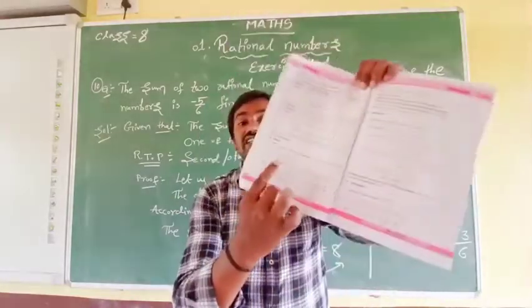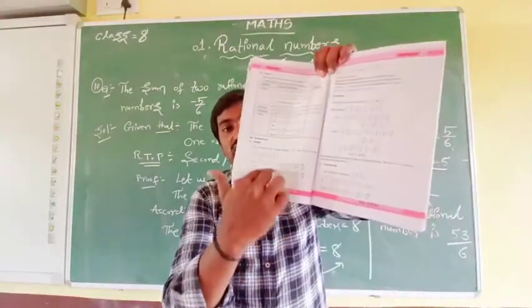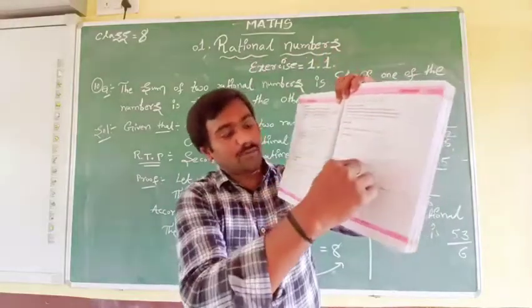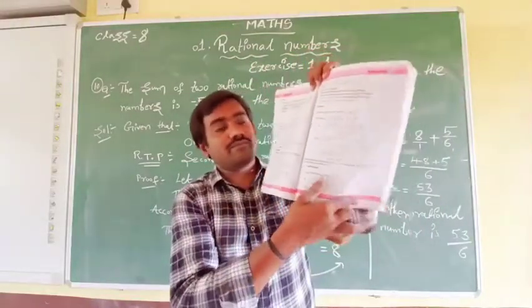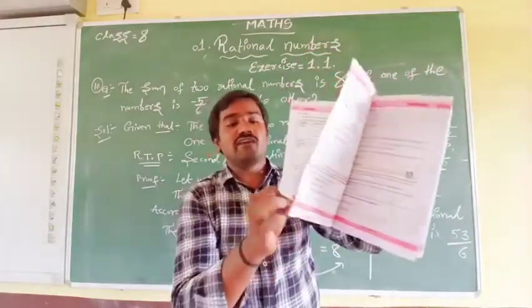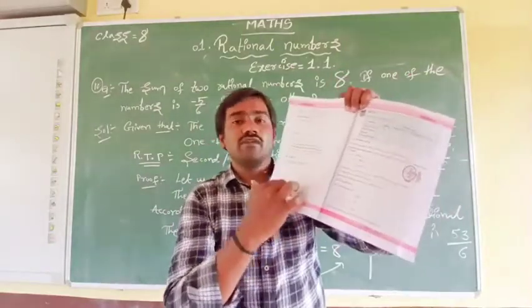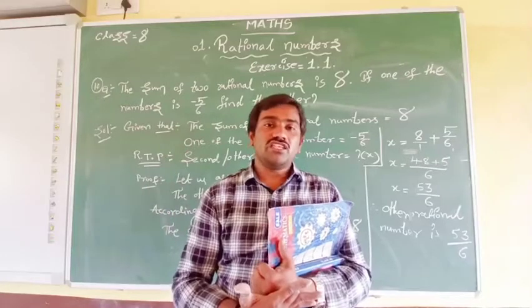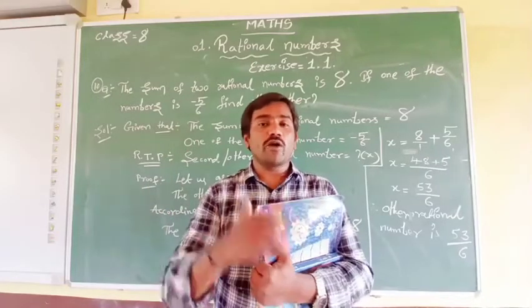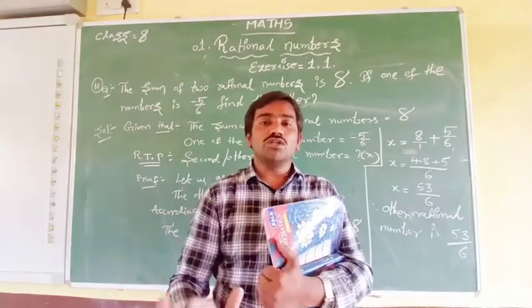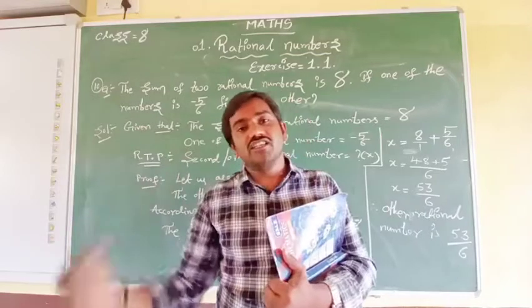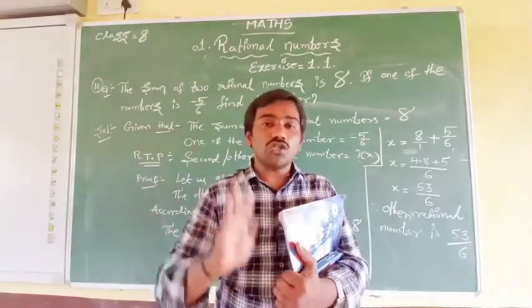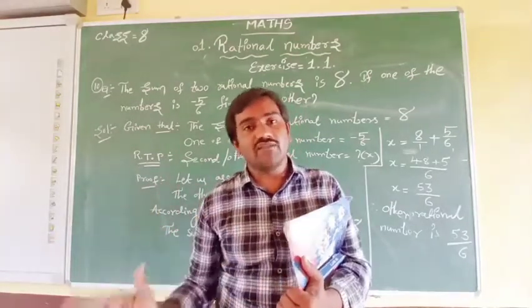Under addition it will be closed. Here they have shown it for addition, here for subtraction, here for multiplication, and the next one is division. I already told you while explaining the properties of rational numbers that the associative property will not hold under subtraction and division. It will hold under addition and multiplication.